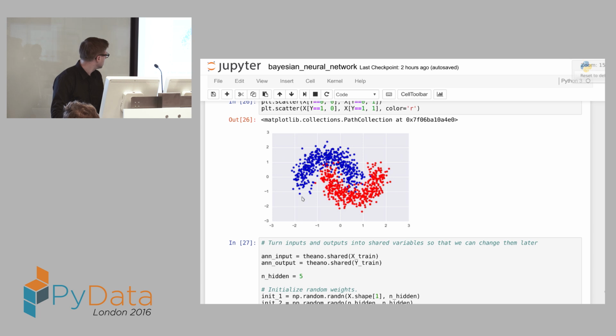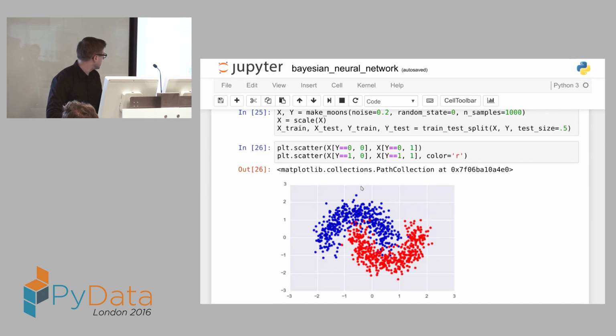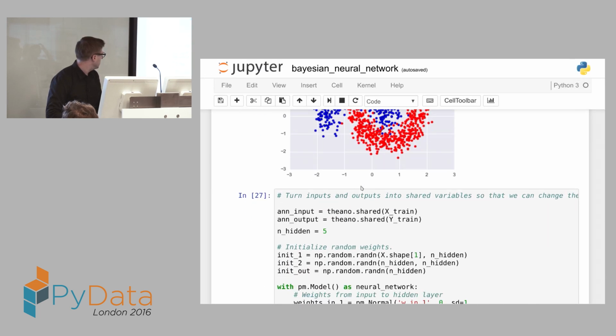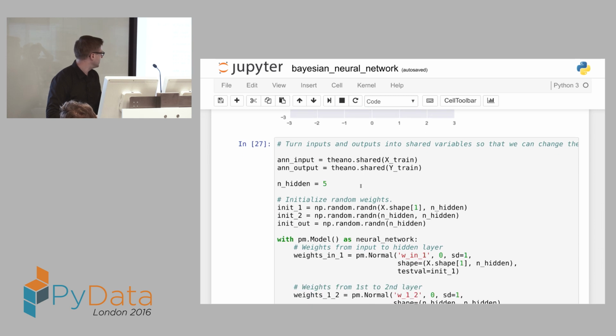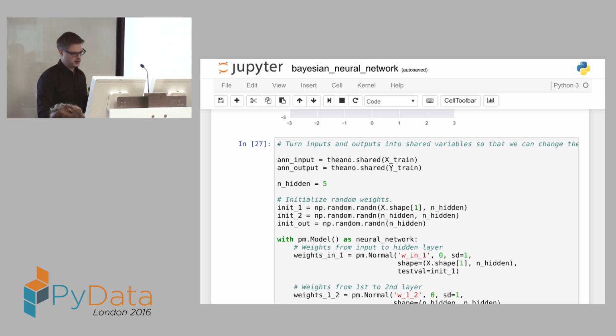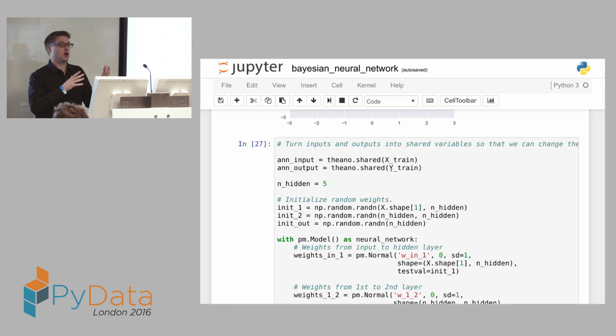Let me increase the size a little bit. So instead, I'm building a Bayesian neural network, and I have my data X train and Y train. I use a train and a test set, and I want to train the model on the training data, and then later make predictions.